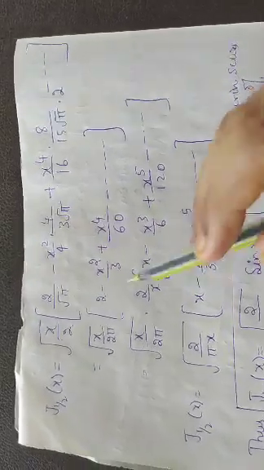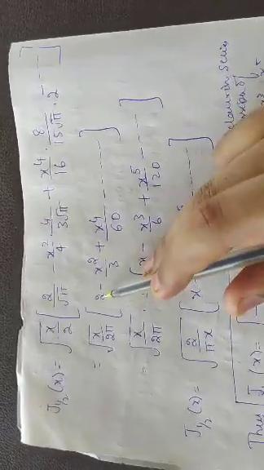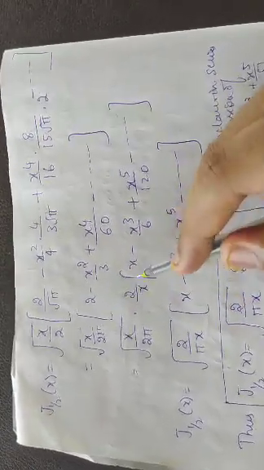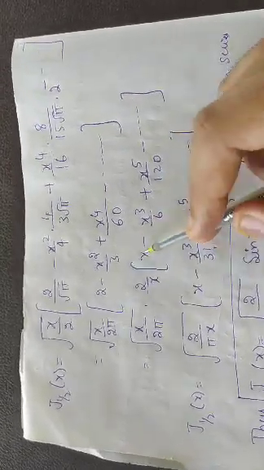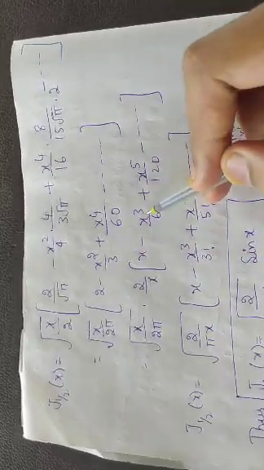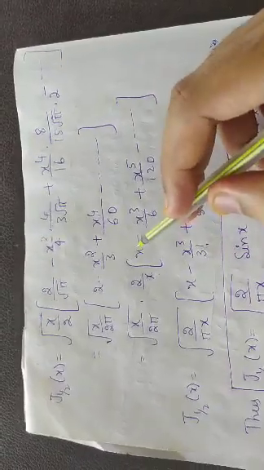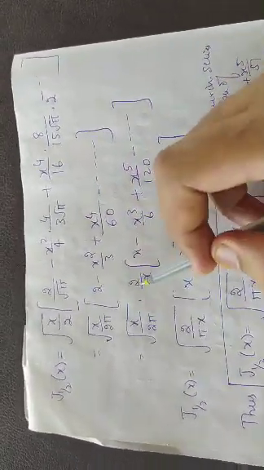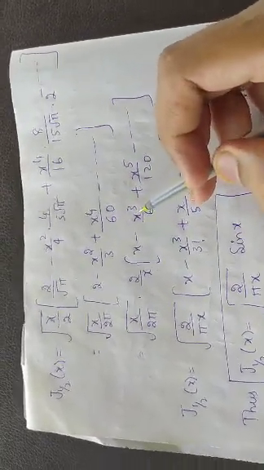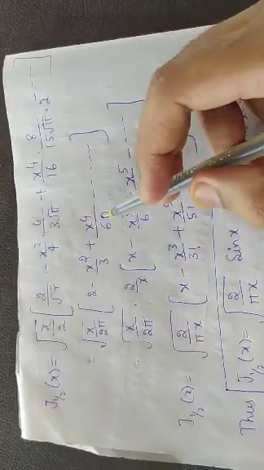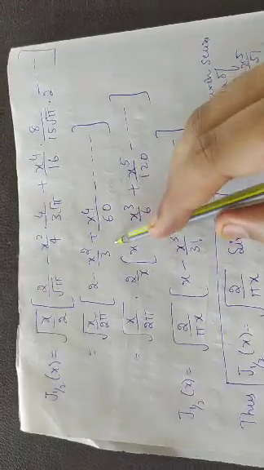Multiply and divide by x, and take 2 as common. So 1 is multiplied by x, it becomes x. x square multiplied by x becomes x cube, x power 4 multiplied by x is x power 5. So what I did is multiply and divide by x and take 2 as common. So 2 will go outside, and it is nothing but 1. The 2 is not here, which means it will multiply with the denominator. So 3 twos are 6 and 60 twos are 120. Like this, it is nothing but multiply and divide by x and taking 2 as common.